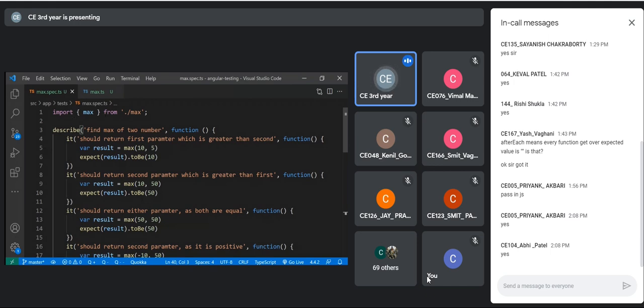So we are importing the max function from the max file, and now this is our test suite.